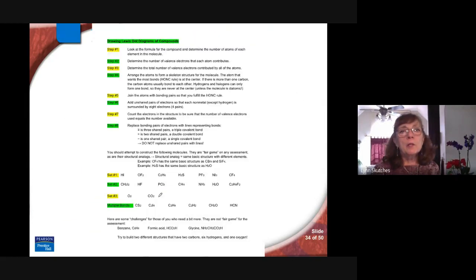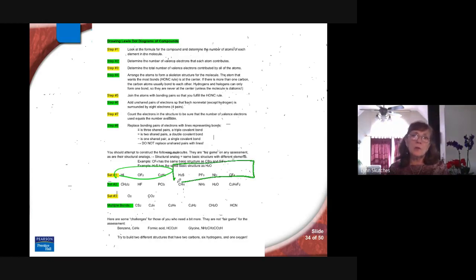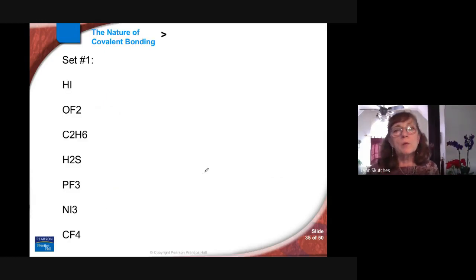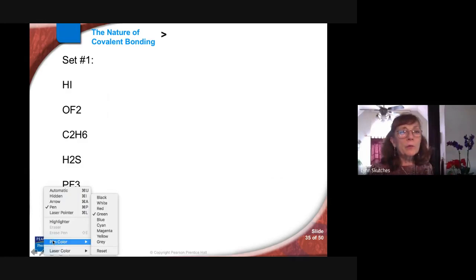We'll go through carbon dioxide tomorrow. So here's what you're going to work on for me. I'm going to try these first 3, see if I can get them all done in 7 minutes. I think I can. And then you're going to do these 4. So on the paper, they're horizontal. On my slideshow, they're vertical, but they're the same ones. What do I want you to do? Work your way through those